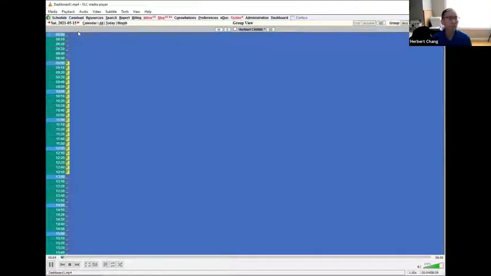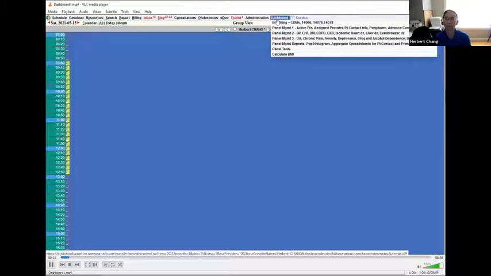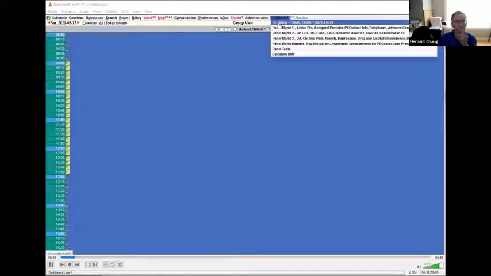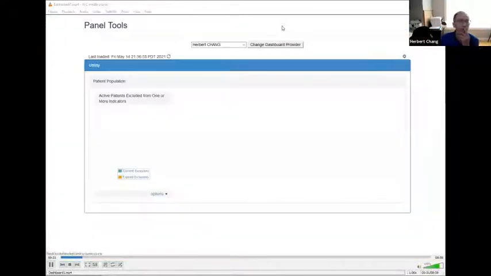All right, so you can see here, this is the home page for Oscar, and up on the top here is the dashboard that has been mentioned. So we can see here that there's different items in the dashboard. And so we'll start with panel management here. So if you click on that,